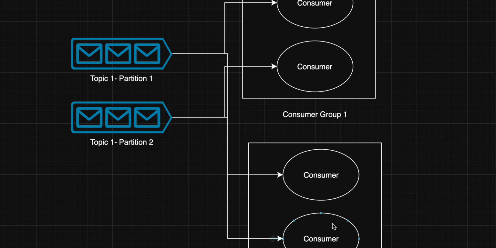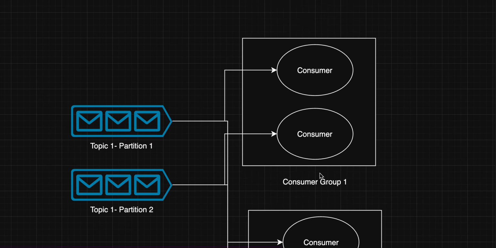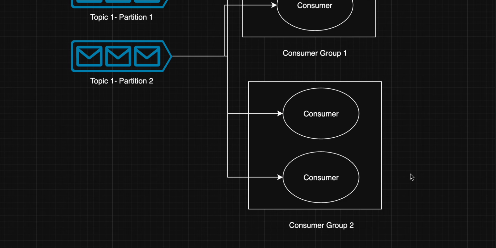So this problem was not getting solved in point to point. But now different consumer services can consume from the same topics and the same partition. Just as we have seen here, from a particular partition no two consumers can consume if they are inside the same group, but if they are inside another group, they can consume. Okay.